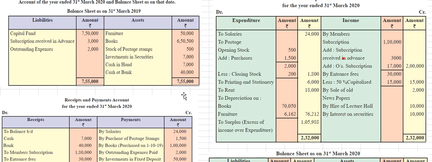So depreciation on furniture and books is 70,050 rupees. So depreciation on books it is 70,550 rupees. And furniture we have on the asset side, that is 50,000 rupees for furniture, and in the income and receipts payment account, that is